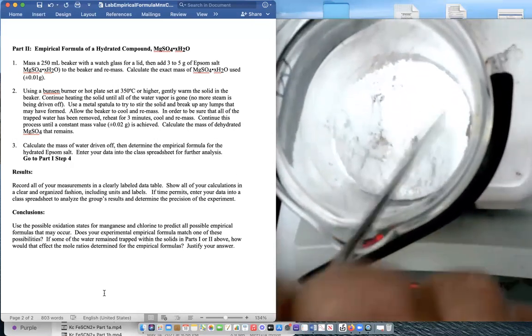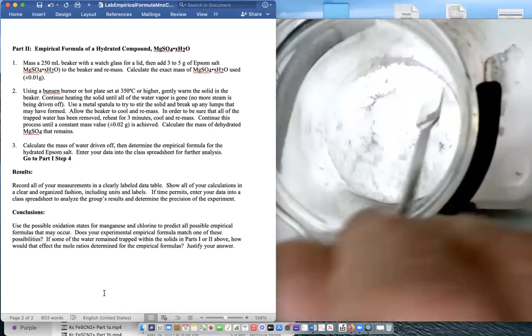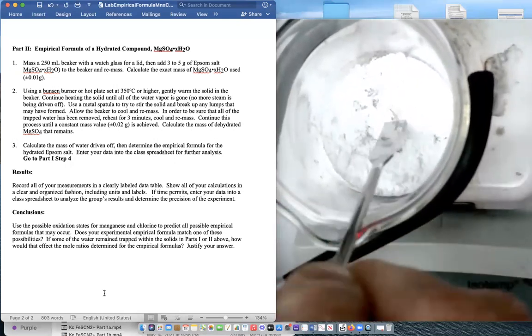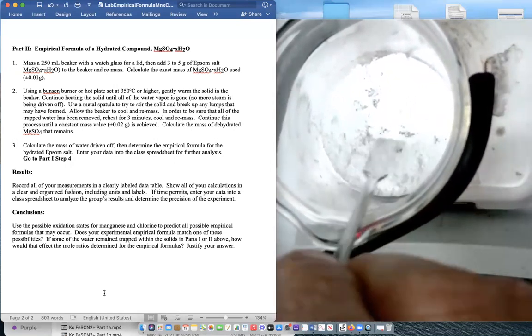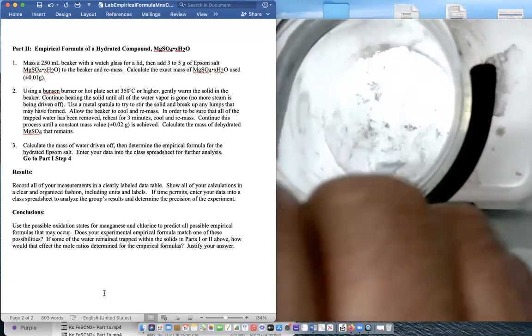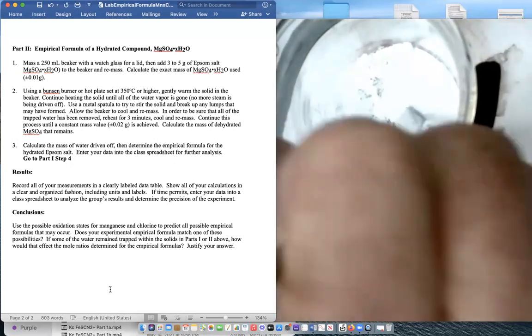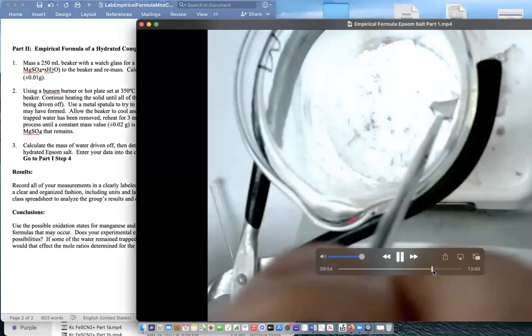As you break this apart, and it's taking a little bit of effort to do this, what will happen is that it will eventually continue to dry out. You'll lose that last bit of moisture that's trapped inside there. And then when you're all finished, it should be a fine powder where it has lost the moisture that's there and it's not going to be attracted to the sides anymore. So as I get towards the end of this,